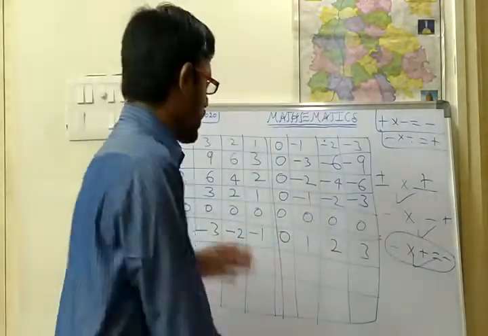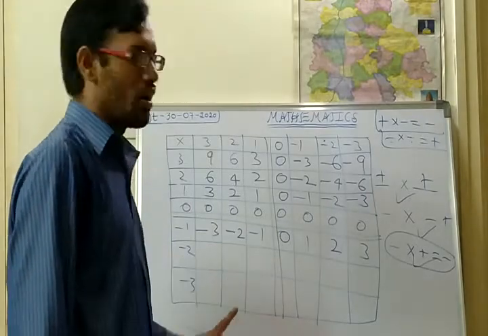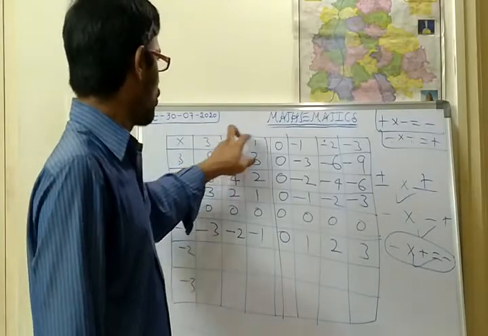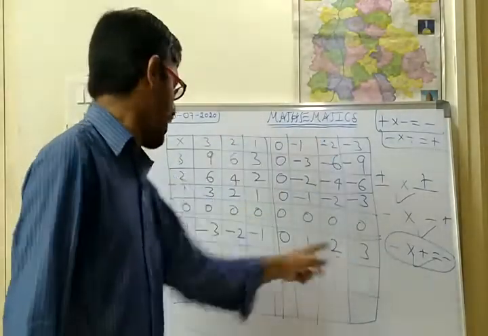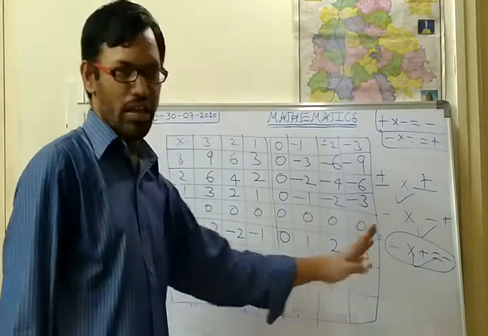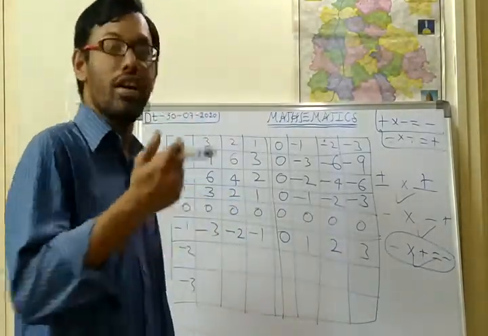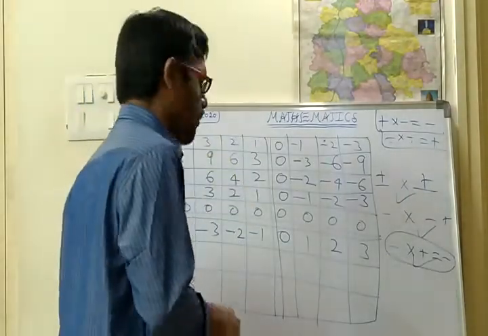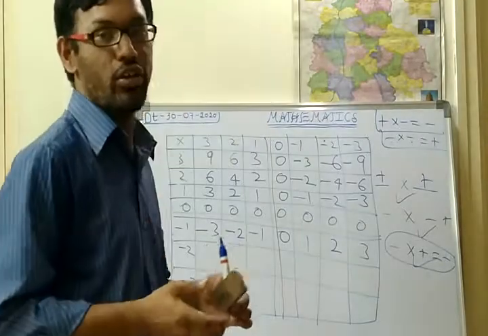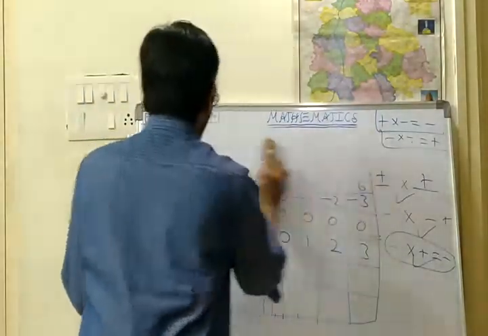Like this there are some questions, and try to do these two rows by multiplying minus 2 into 3, 2, 1, 0 like this, and for minus 3 multiplication you have to write the answers here. Now we shall go with the multiplication of more than two negative numbers. Suppose there are more than two negative numbers, what will happen, we shall see.